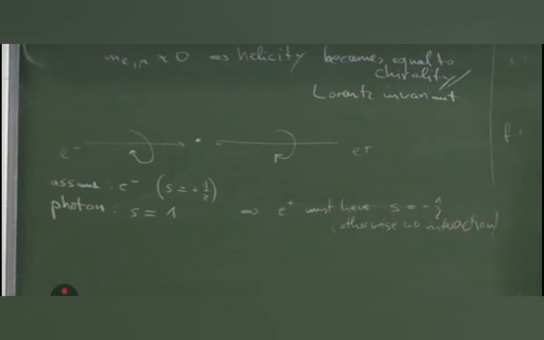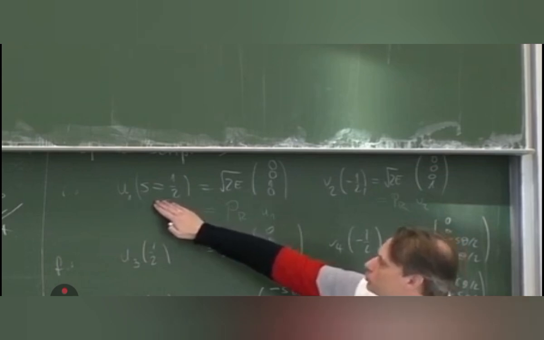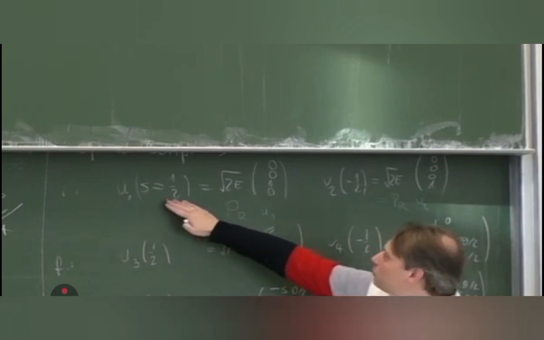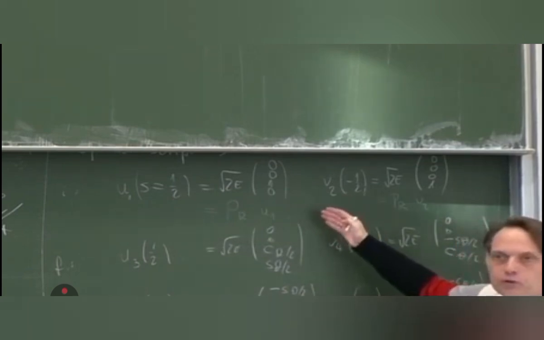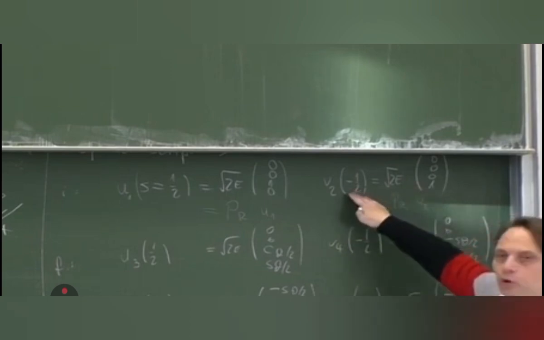Okay. So therefore I've already written down here the appropriate spinors for that situation. For example, in the initial state, we have an initial state spinor for an electron with s equal +1/2 and positron with s equal -1/2. And that will give a non-zero result, and you can check yourself as an exercise. If you assume the opposite, then you will just get 0 from the final. Okay, so we know that.